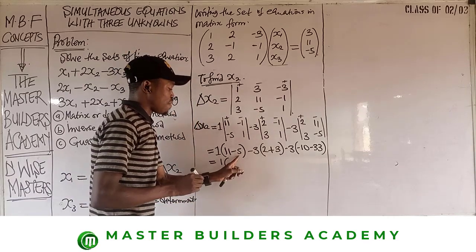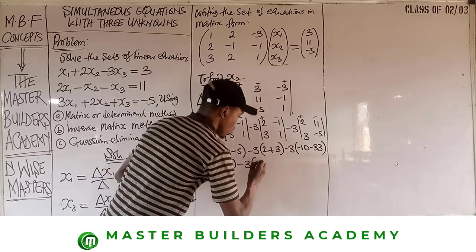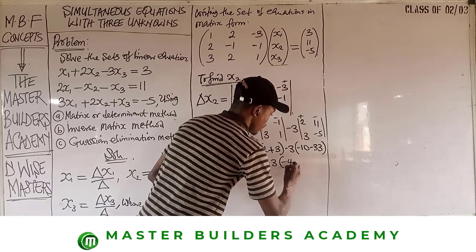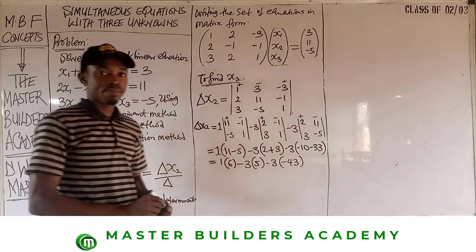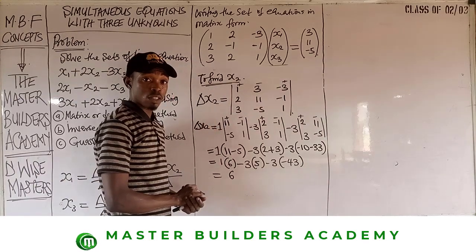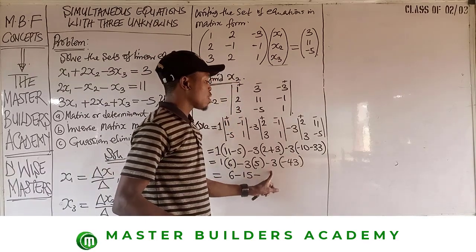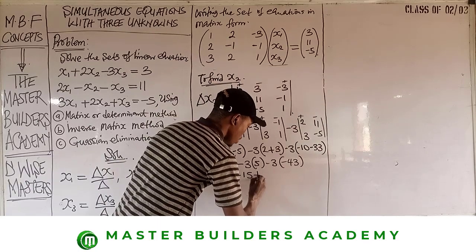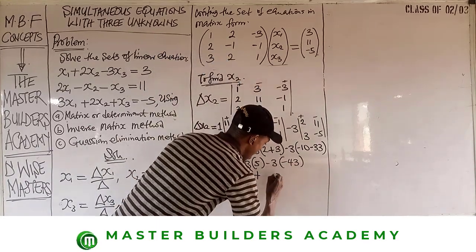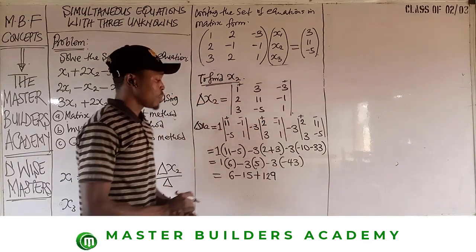Simplify this. 5 from 11 gives us 6. And then 3 into this guy would have given us what? 5 plus 3, and then minus 3 into minus 43. Hope you can get this clear. That's right. Then, if we open the bracket, we have this as 6 multiplied by 1, 26. Then this will give us negative 15. And then this will give us minus multiplied by minus will give us positive here. You catch it? Then 3 times 3, 9. 3 times 4, that gives us 12. So that gives us